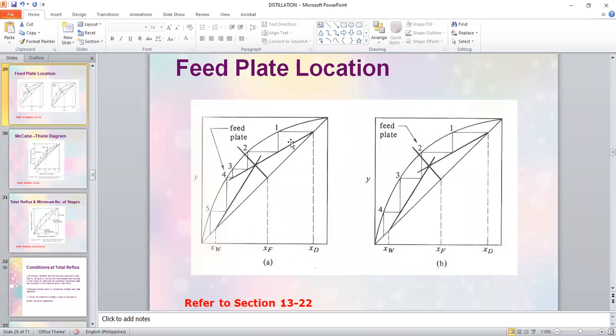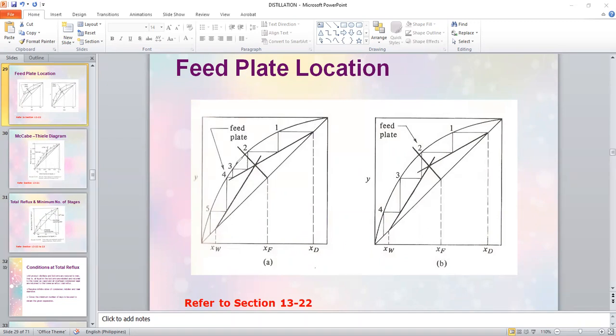Now, you have here a sample condition, and you have already drawn the three operating lines: the enriching section, the stripping section, and the feed line. When you determine the number of stages graphically, you draw this stepwise process until you reach or go beyond the X sub W point in here. The feed plate location, class, is that this one is not the proper way of doing it, by the way. Why? Because when you have drawn here the